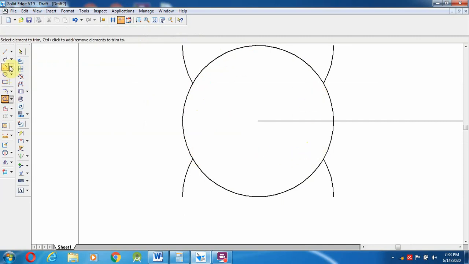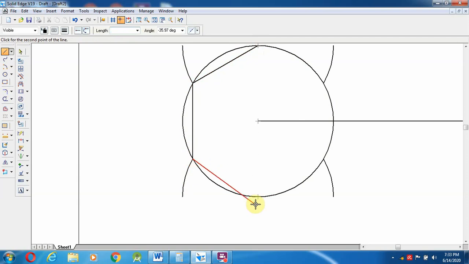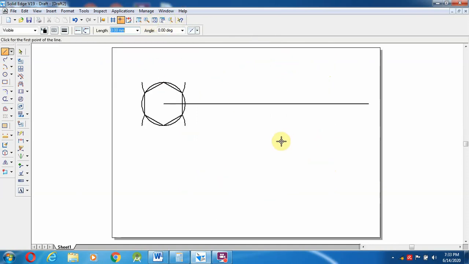Select a line from the mid of the circle at the top, so the end point over here, and again the mid, the end of the arc, and from here the end of the line in the mid of that arc center, then give OK.